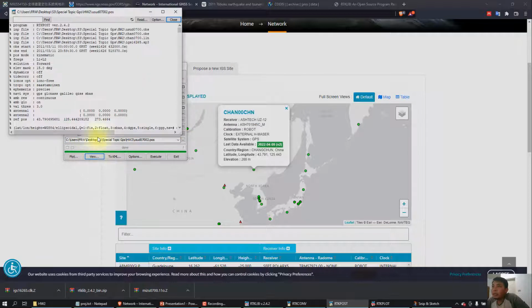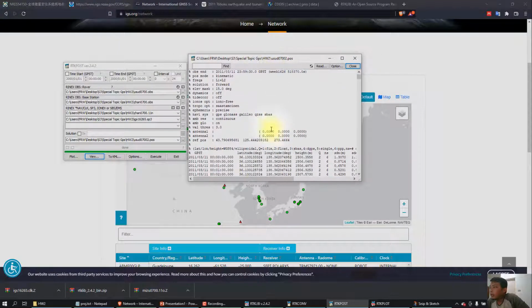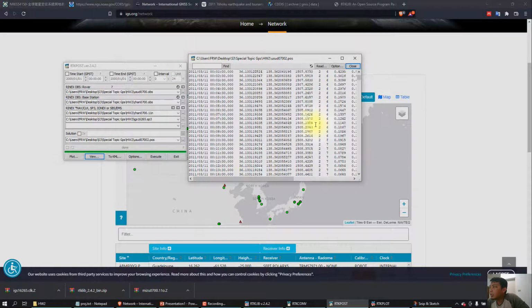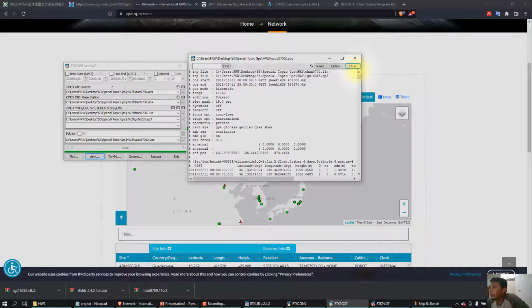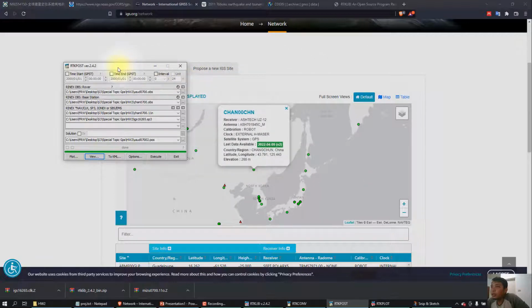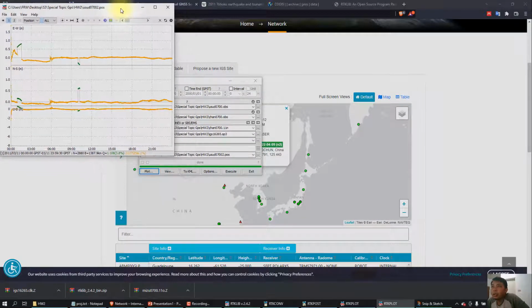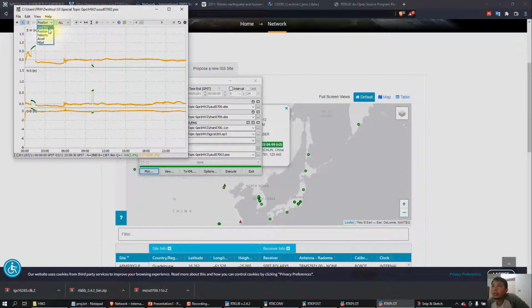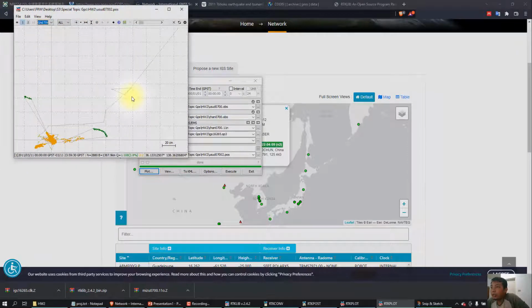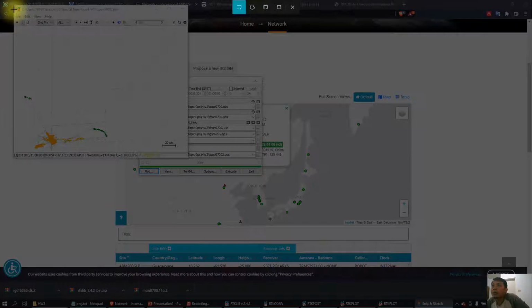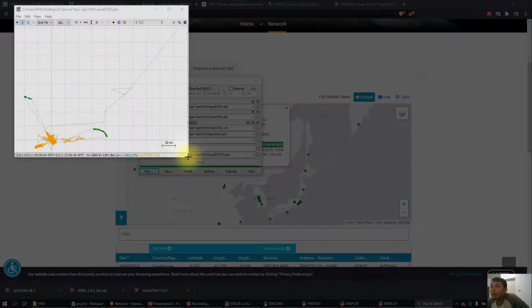Alright, then we could see from the file that the Q is showing number 2. It means the data is float, and some of it is Q1. Q1 means it was fixed. And we could see the plot of our GPS by clicking plot, and here is the result. So this is the ground track, and we can capture the result for our report.